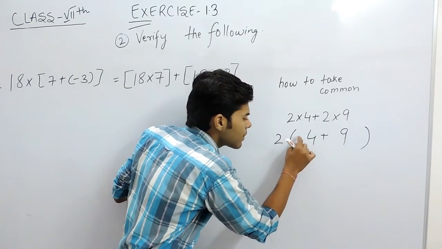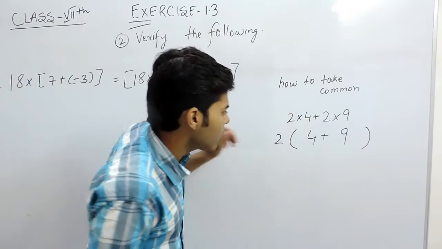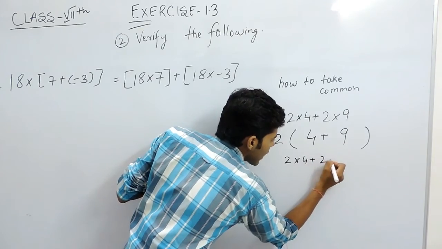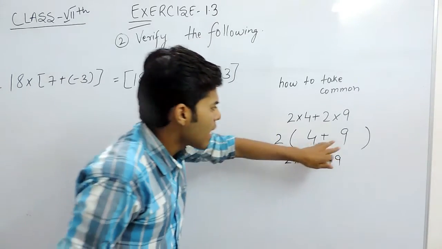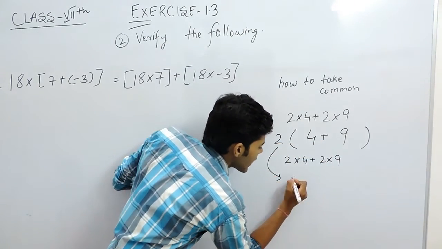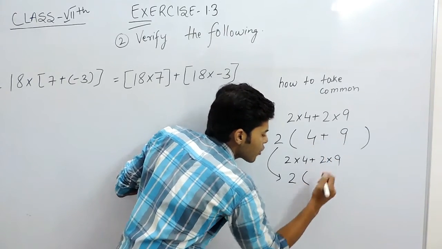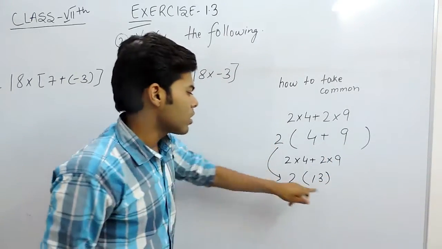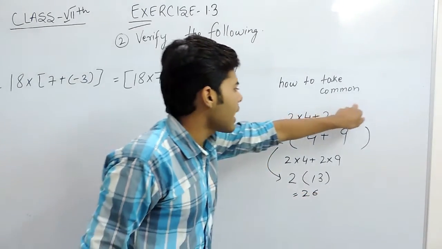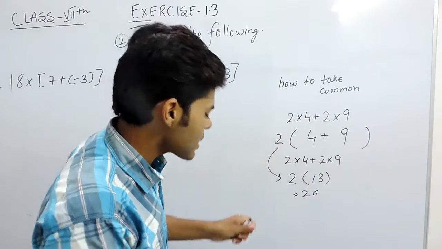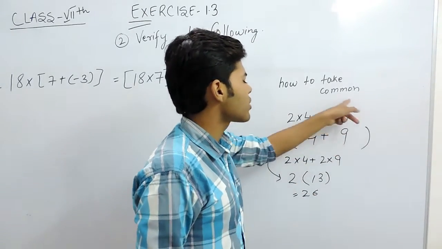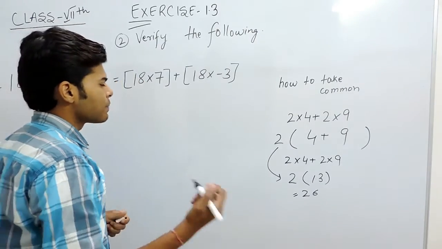So, if 2 will be gone inside, then it will be multiplied with 4. We all know that it will give us 2 multiplied with 4 plus 2 multiplied with 9. But now we can add these two because they are inside the bracket. So, this can be written 2 and then inside the bracket 9 plus 4 is 13. And we all know 13 into 2 is 26. So taking common outside or taking common simply helps us when the number is big and when we are not allowed to do the calculations or we have to save our time.